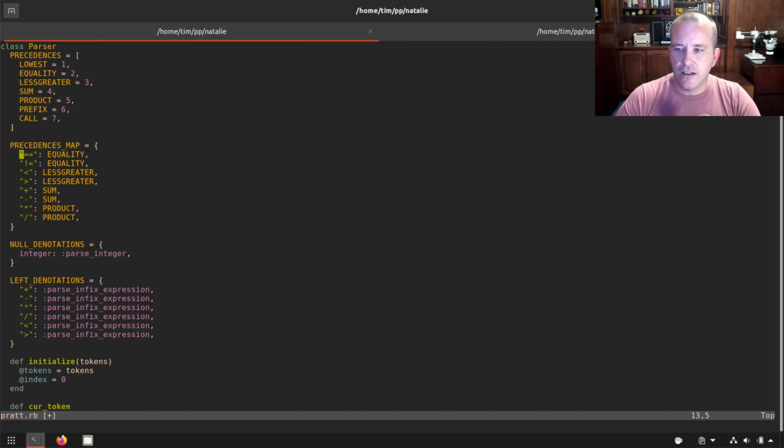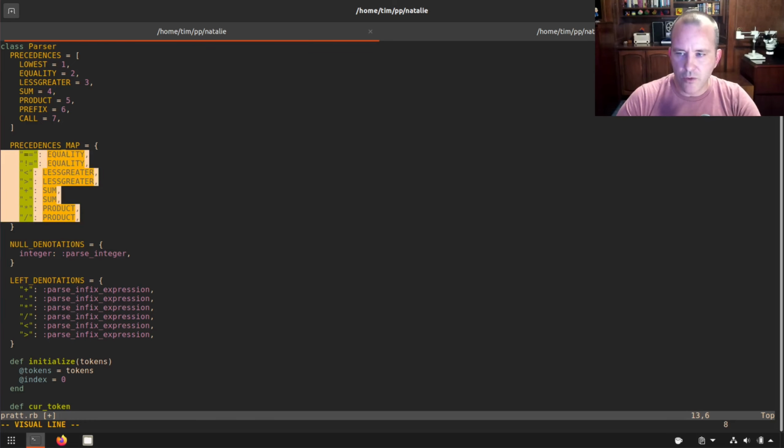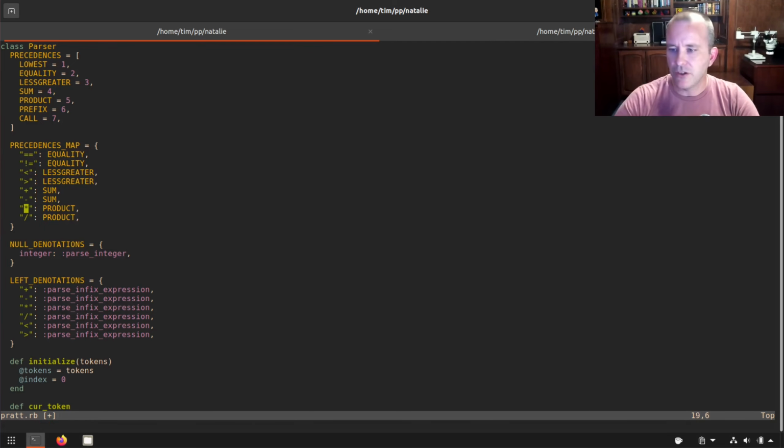But in any case, this is the way to look up which precedence each of these operators gets. So equal gets the equality precedence, not equal gets equality, and so on and so forth. So plus and minus get sum, multiply and divide get product. And so I think that makes sense. And naturally, there'll be way more operators in here down the road, but this is just enough to prove the